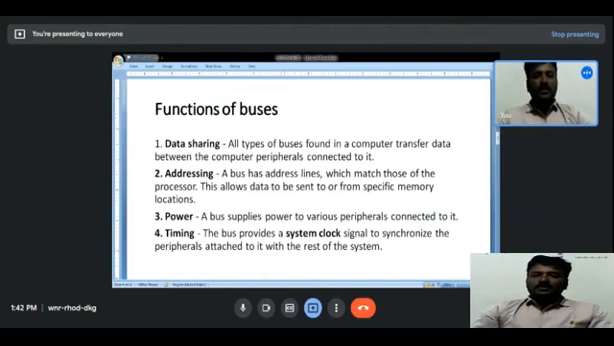So the bus provides a system clock signal. So this is nothing but a control bus. Okay, so system clock signal to synchronize the peripheral devices attached to it with the rest of the computer components. Okay, so that is one of the important things. So next one,